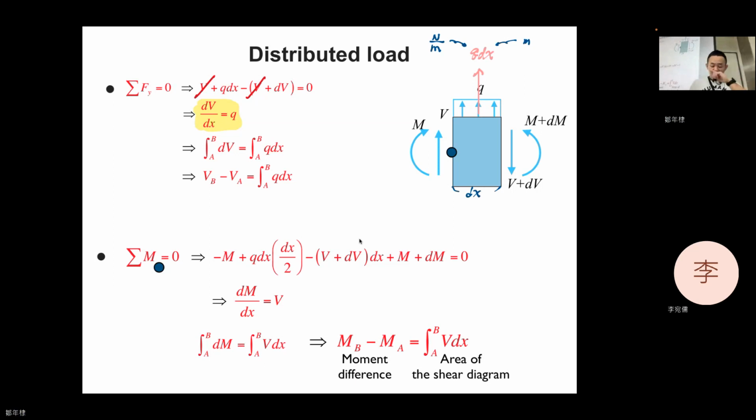So there's a really important conclusion that we can get, which is